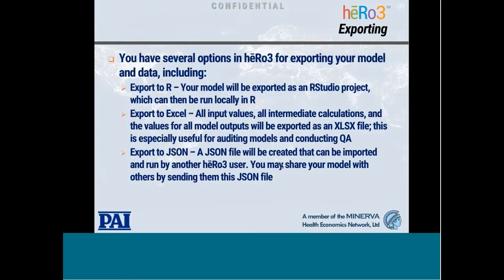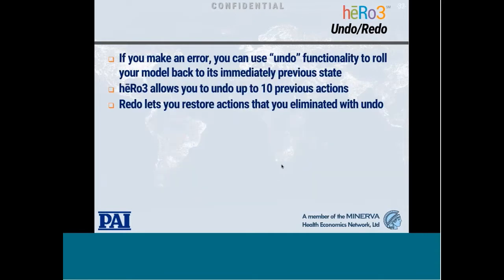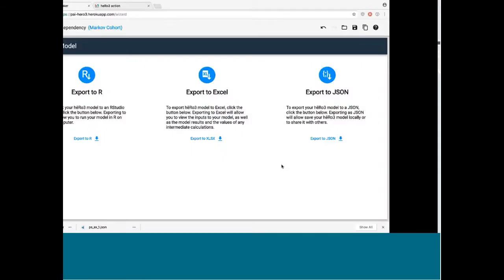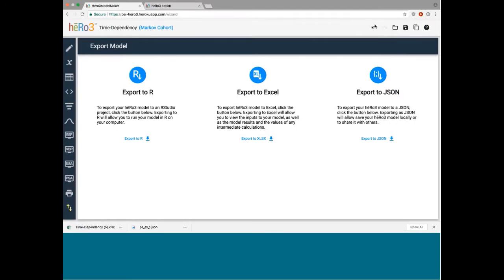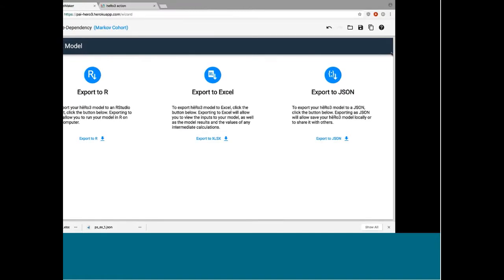So moving on. We actually just covered the different ways of exporting information from the platform. Undo and redo, we already have an example of this where I accidentally deleted something. Just to reiterate, up at the top here, this is the undo arrow, and this is the redo arrow. And you can go back as far as 10 actions. It will remember the last 10 actions you did. So if you made a mistake a couple different actions ago, you can easily go back to that. And if you decide you want to undo undoing those actions, you just hit the redo button a few times, and you can step backwards and forwards in time using that functionality.